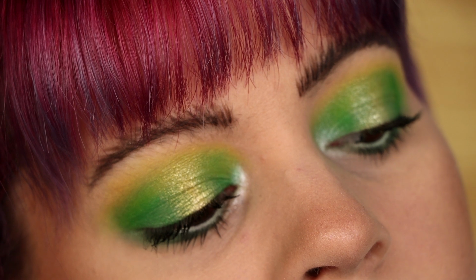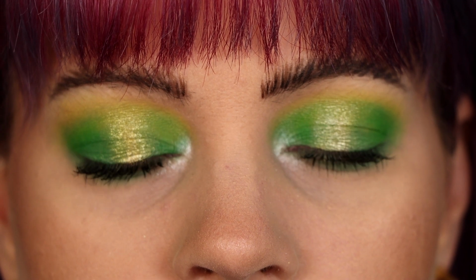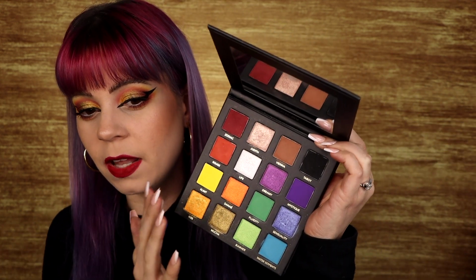a couple of the ones that I didn't use are very satiny. Like some are a little bit more metallic than others and some aren't. I would say that the shade called Judith, which is one of the ones that I didn't use, this one is really nice. Let's see, what else? The shade Life is really nice. Sensuality is nice. Mucha is nice. These are definitely the most metallic out of the bunch, but I felt like some of these other ones,